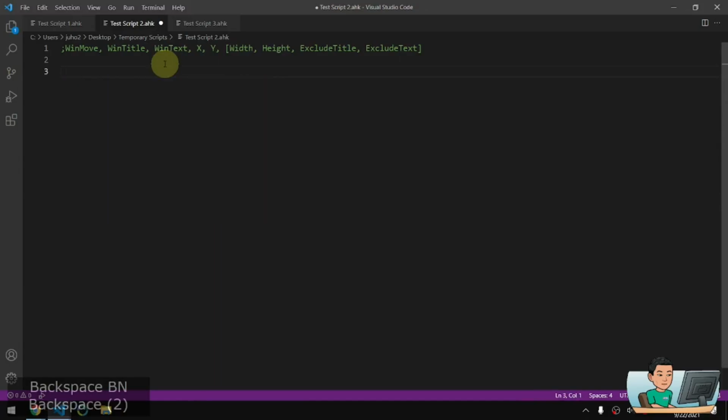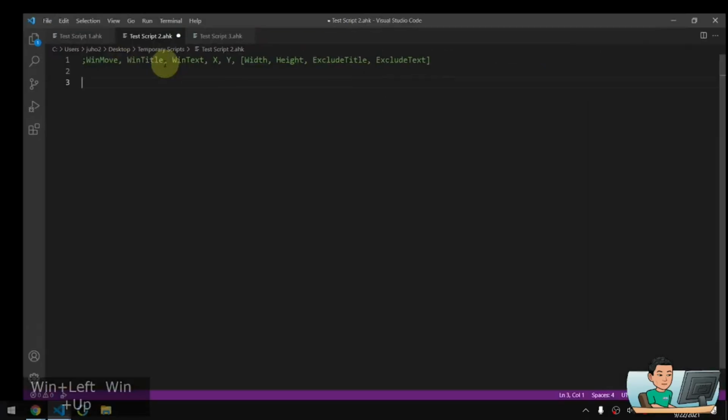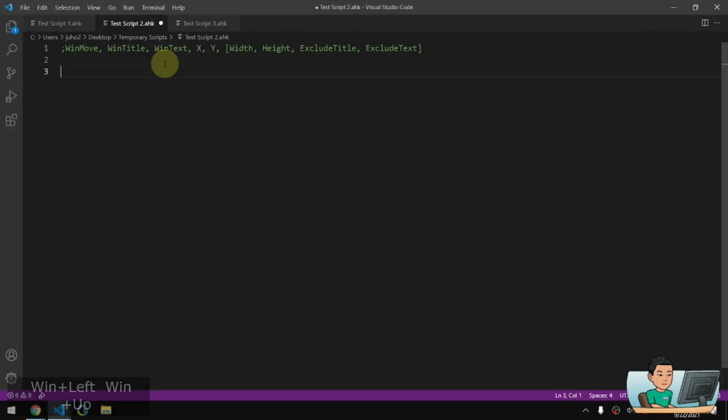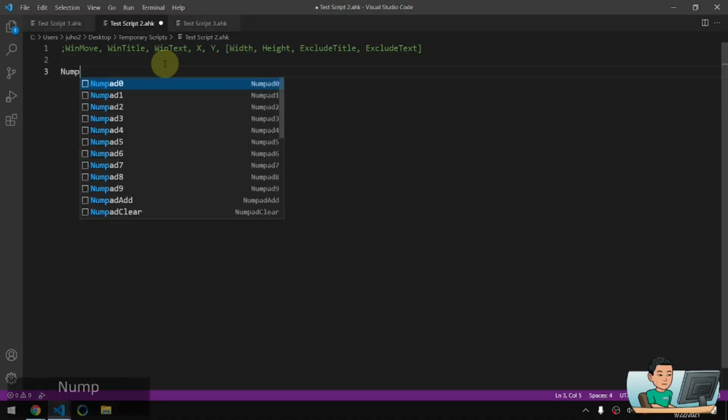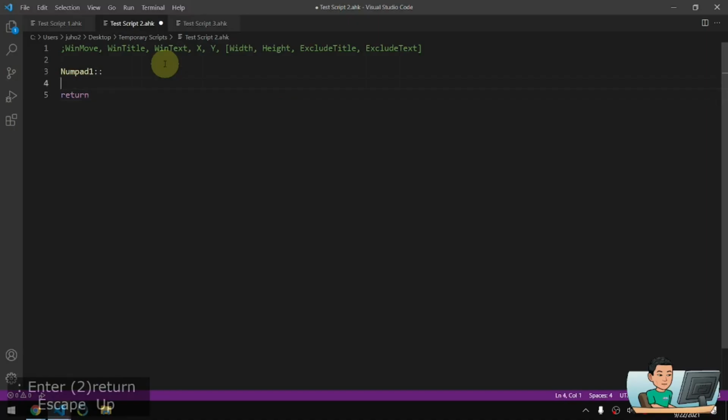And if you say, for example, you want to step the windows to the left or the right like that, you can obviously use the Windows key and your left arrow key or the right arrow key. But you can also use, say for example, numpad 1 hotkey to WinMove the active window to the top left hand corner of the screen. So that's going to be X coordinate of 0, Y coordinate of 0, and width and height you can put